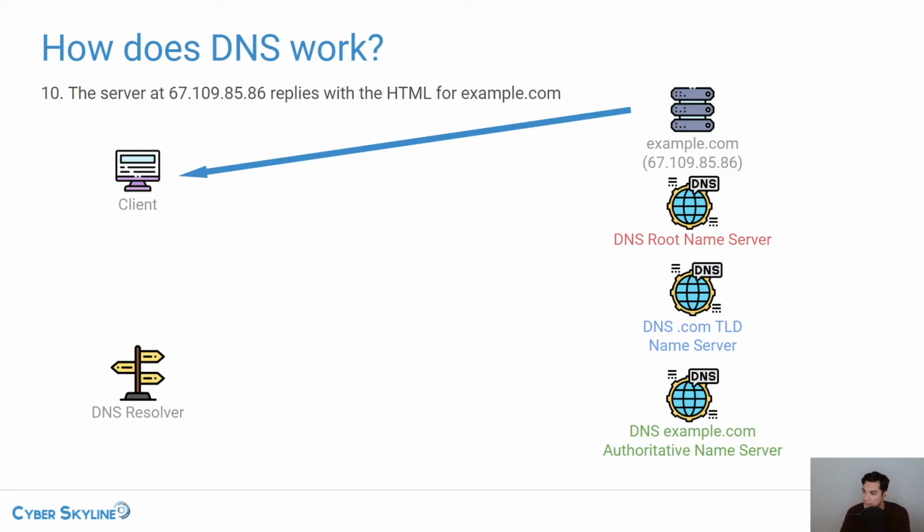And so let's just say I'm using Namecheap. I bought example.com, and I want to put in my IP address for example.com. I will put that in Namecheap's systems, and then what will happen is that the root name server will point to the .com entry. The .com entry will point to the records that Namecheap is storing on my behalf for my example.com website. So this green entry here is actually not a server that I control.